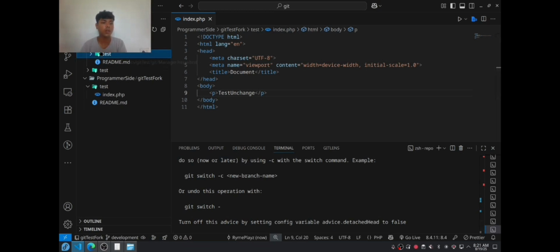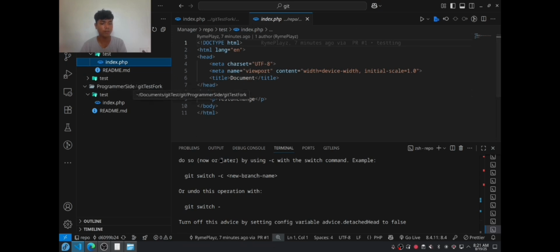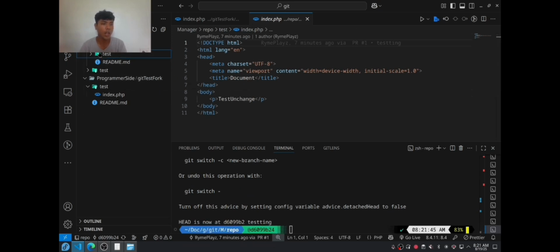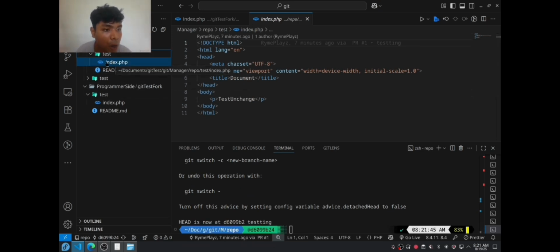So you can see it added this. Yeah, this is the things I changed inside. Oh, this is the programmer side.